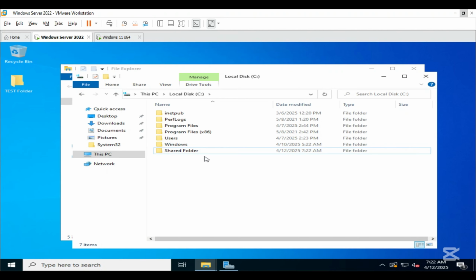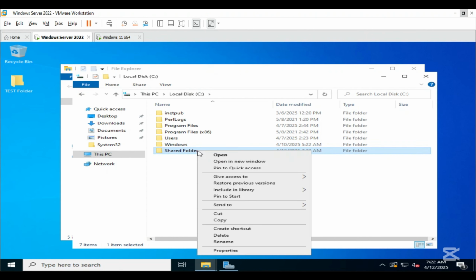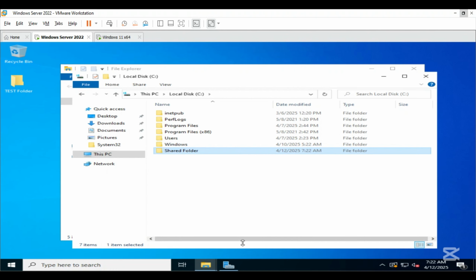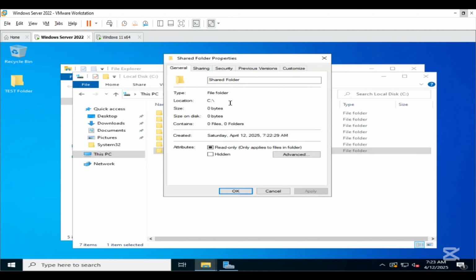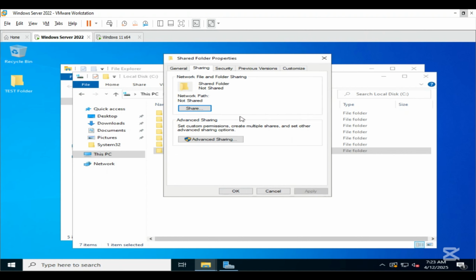Now right click on the folder, click on Properties. Go to the Sharing tab, click on Advanced Sharing.